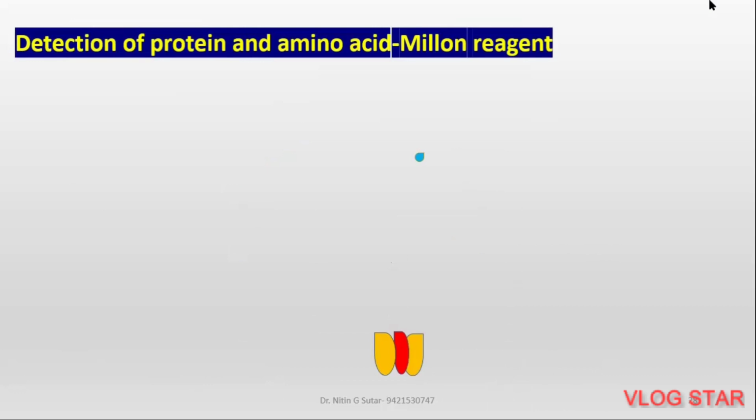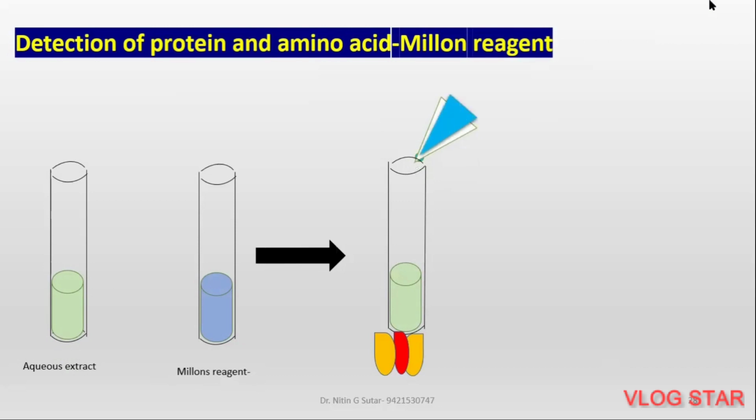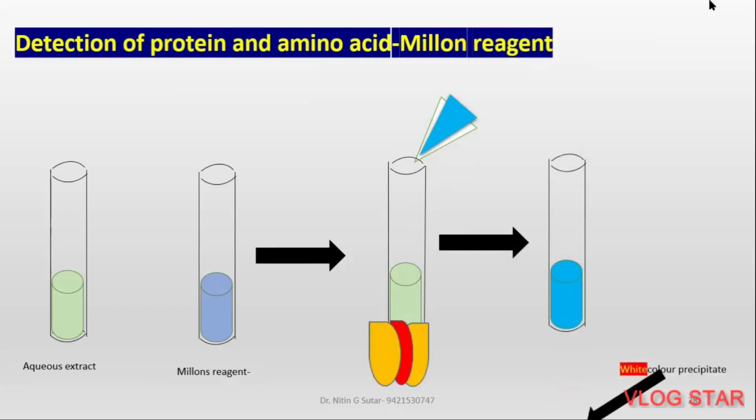By utilizing Millon's reagent, here you take your aqueous extract. To this aqueous extract, you add Millon's reagent with a pipette, then heat the test tube. Here you get a white color precipitate. Have you observed this? White color precipitate appears? Yes. A white color precipitate appears that indicates that proteins are present,